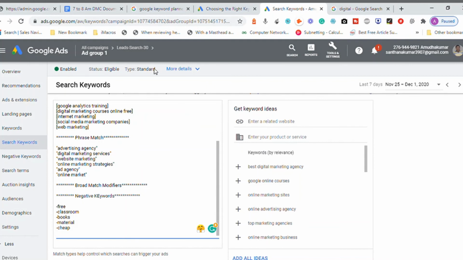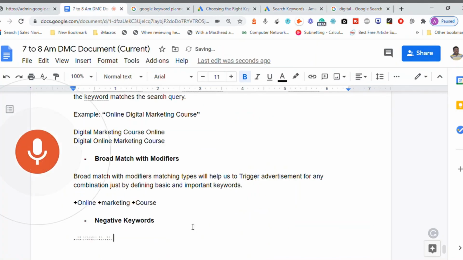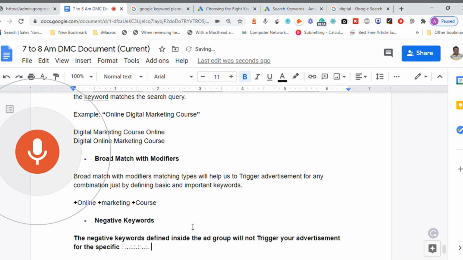So what will I do? I will create a list of negative keywords. The negative keywords defined inside the ad group will not trigger your advertisement for the specific keywords defined as negative.